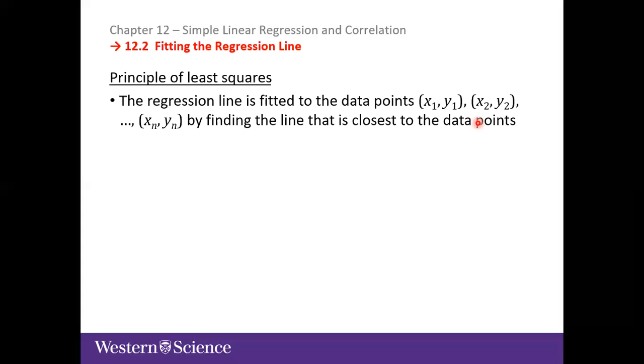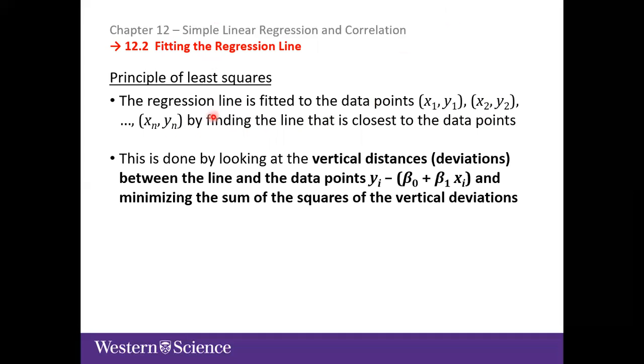So in the previous case, beta naught and beta 1 were assumed to be known. But now we try to estimate or calculate the slope and the intercept from the data. So by setup, we have two random variables, x1 to xn, and y1 to yn. And then the idea of fitting the curve to those points is that we try to minimize